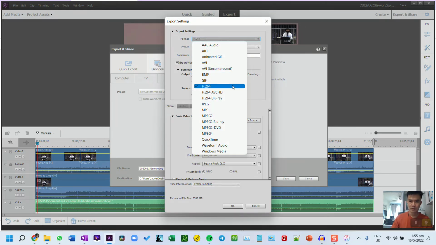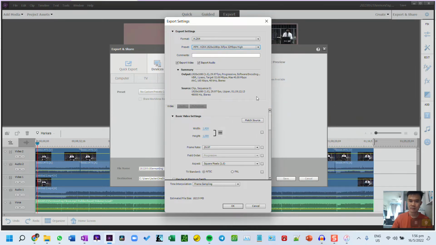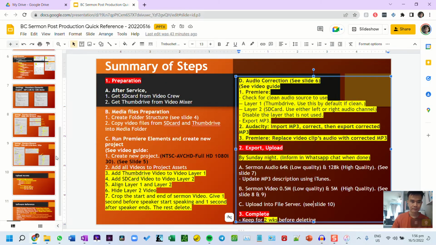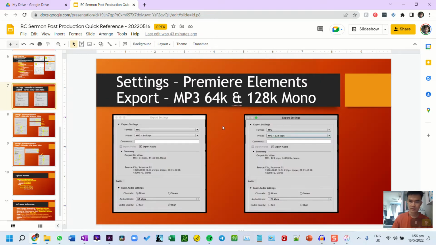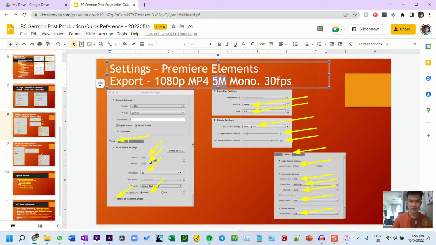and choose H264 and then choose MP4 H264 1920 1080p 30 frames per second 32 megabits per second high. This is the highest quality. You can also refer to the slide which is right. The audio settings are here. Then also for video, this for the 5 meg, this high quality. So just follow through all this